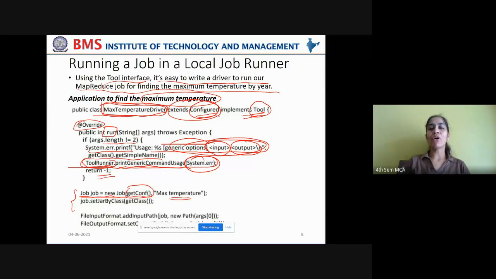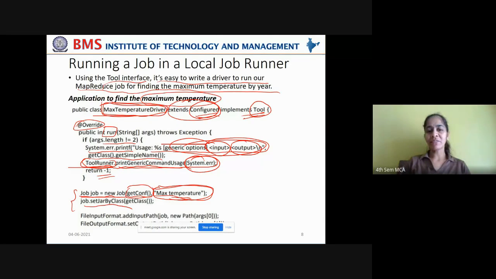You're naming this job with the max temperature name. As you know, we are running multiple jobs on a cluster, and many such clusters will be running in a data center. Now, there should not be any confusion between the multiple jobs that are running. You should be able to identify each job with a unique name. If you don't pass it as a parameter, then it will assume some system defined identification which we can't understand properly. That is why you're giving the name max temperature. Right? Now you're packing it into a jar class.